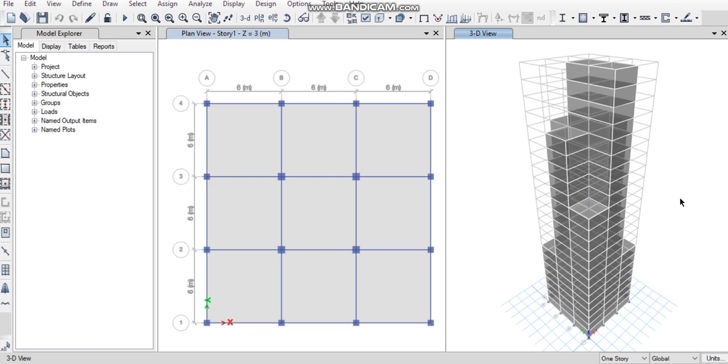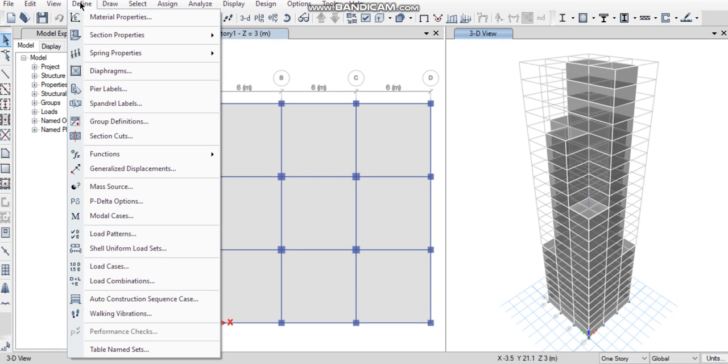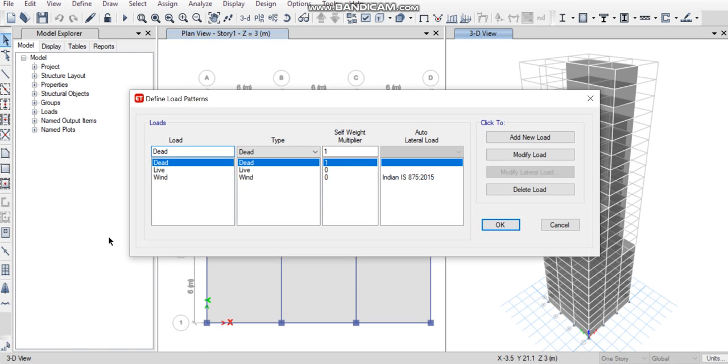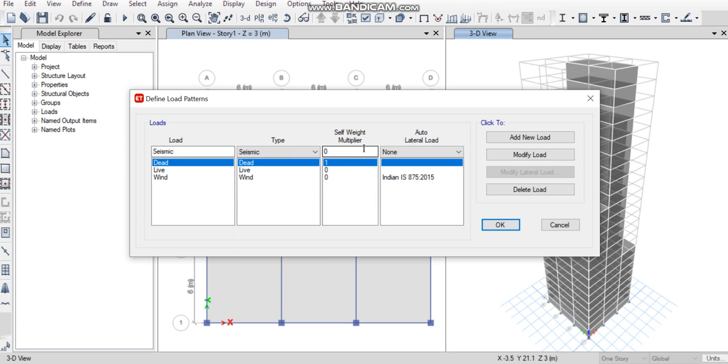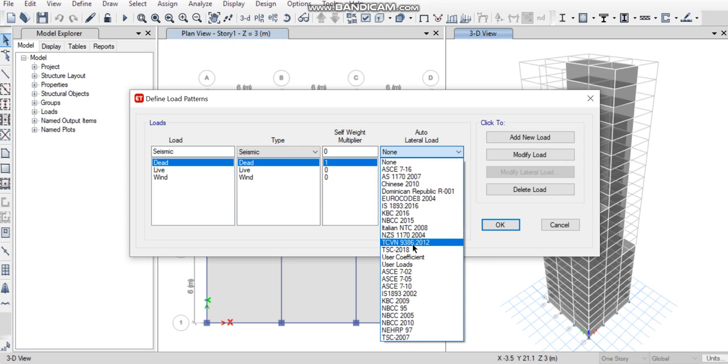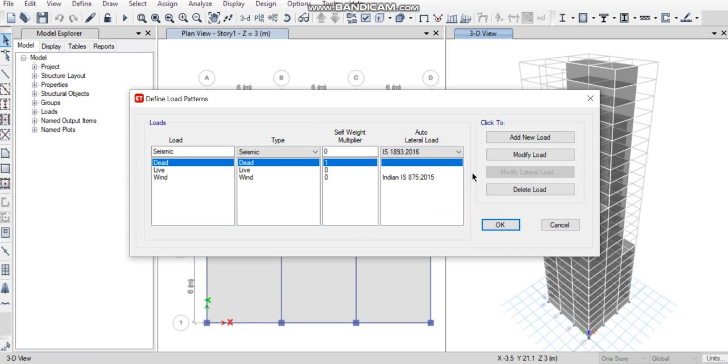And coming to first, seismic load, go to define and load patterns, add a new load of name seismic, load type as also seismic, and the value as 0 from IS 1893-2016.